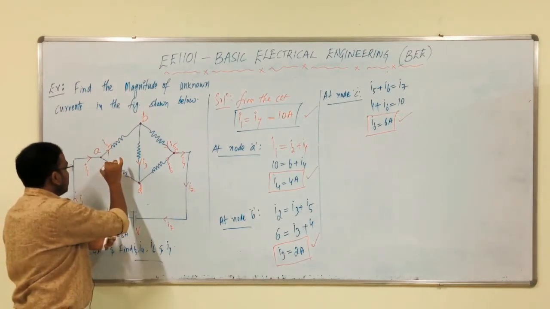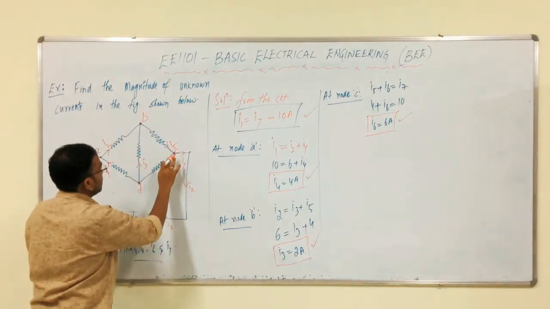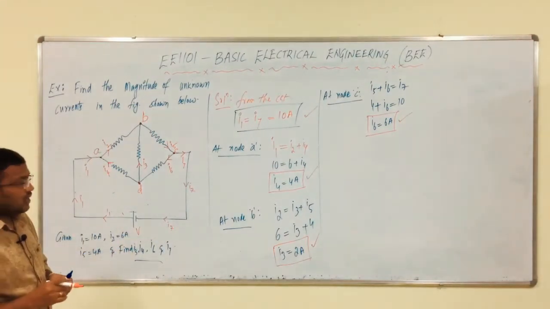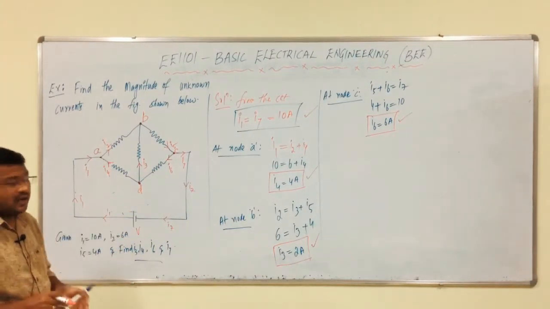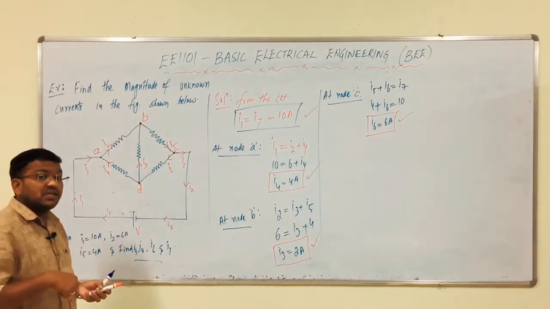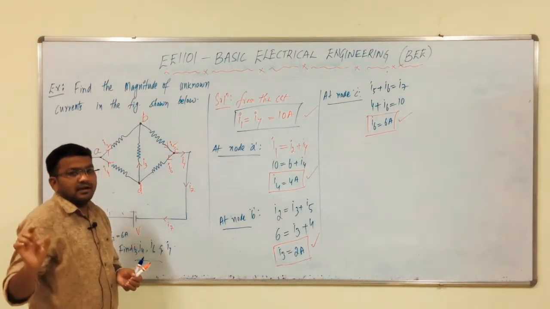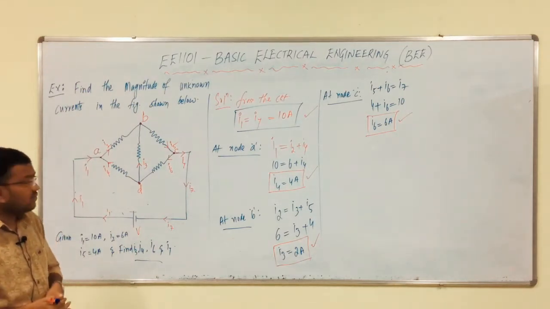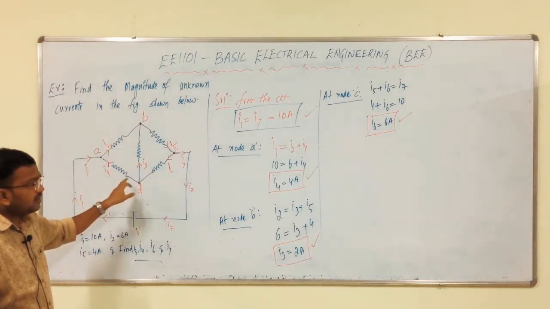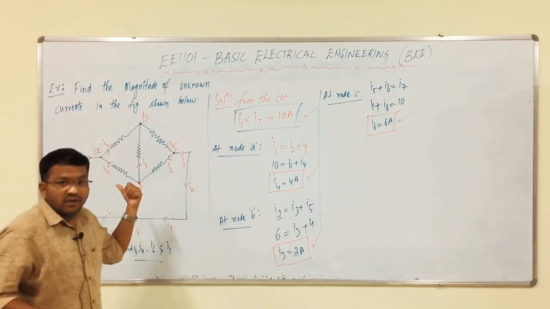Now, it is like this, and like this. Now, we have to cross check, can we get the same values of current by this circuit. As I said, the current direction is our assumption, no? We have to cross check that statement, we have to justify that statement. That is why I have to change some current directions in the circuit. So, we have to cross check, can we get the same values of unknown currents from these modified circuits.